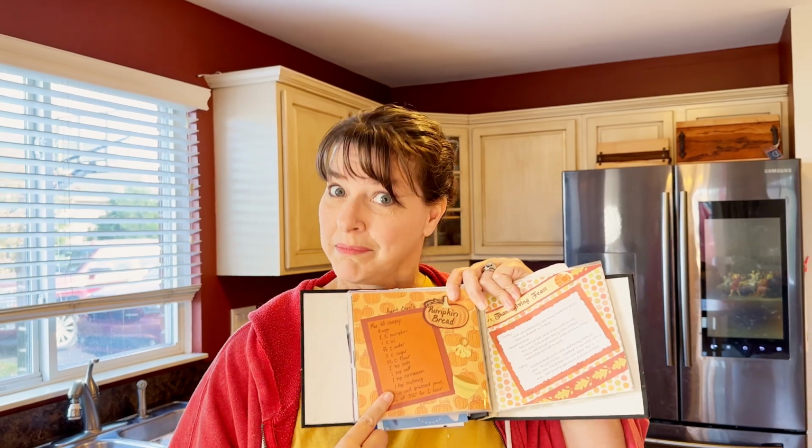So excited. Okay, I have our family cookbook, which is really just a photo album, but I went through it a lot of years ago with my sister, and we wrote down a bunch of family recipes, and one of them is my Aunt Carol's pumpkin bread. I have so many memories of my Aunt Carol, and one of them is her pumpkin bread that she made